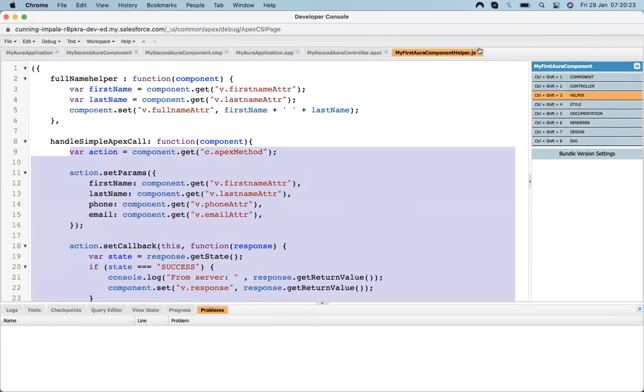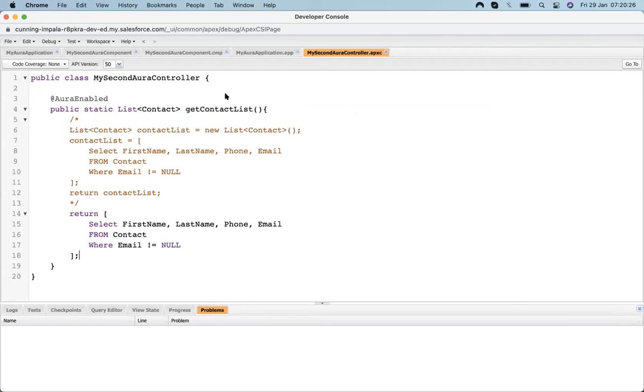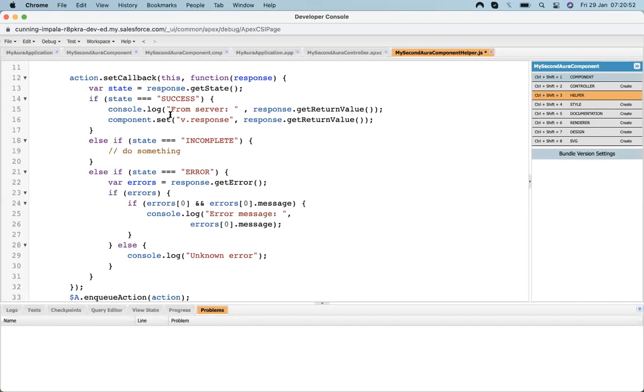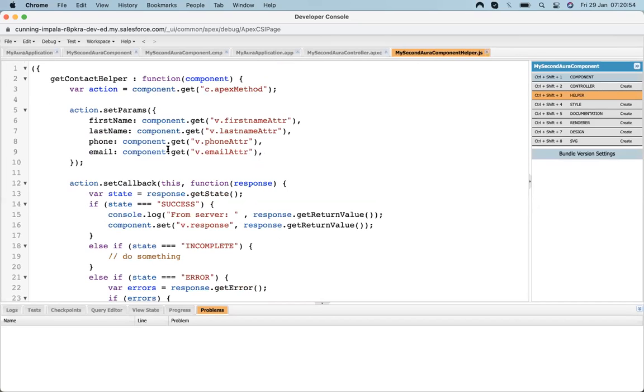I'm copying a method from the existing component helper, changing the method name, and pasting it up here. Now the helper method is ready.